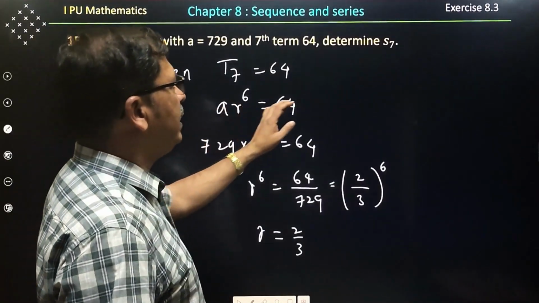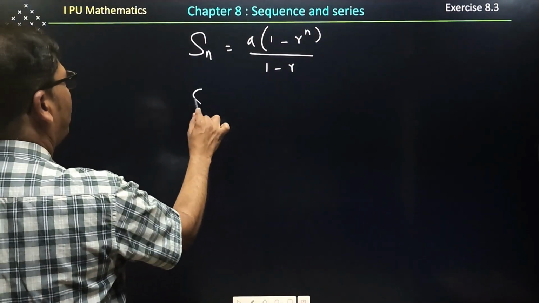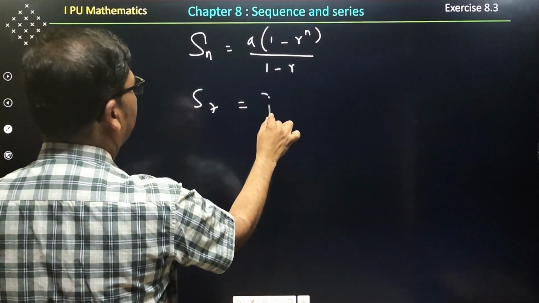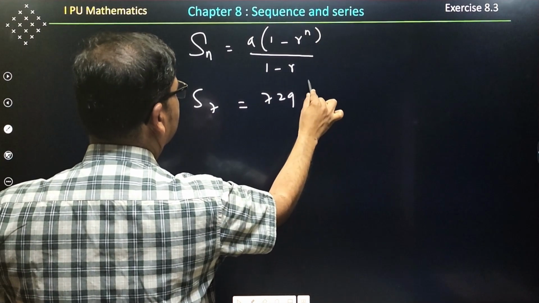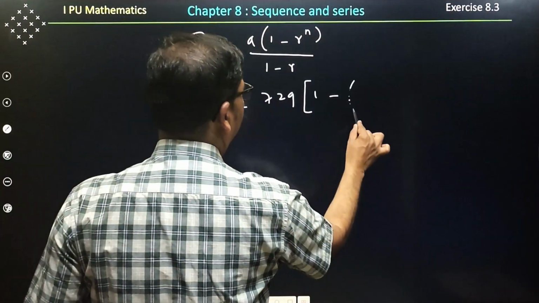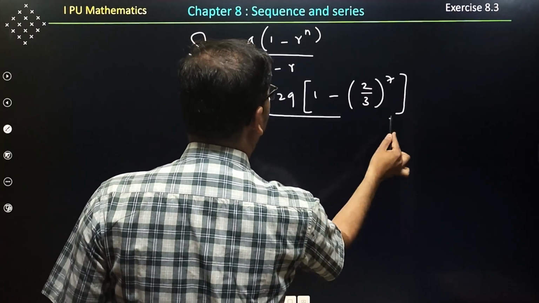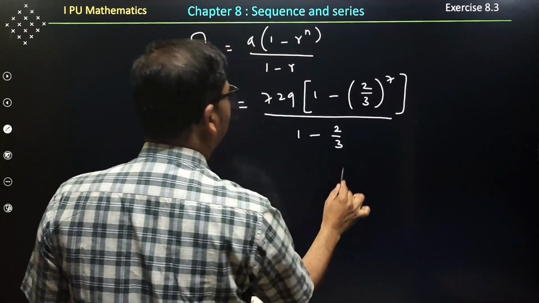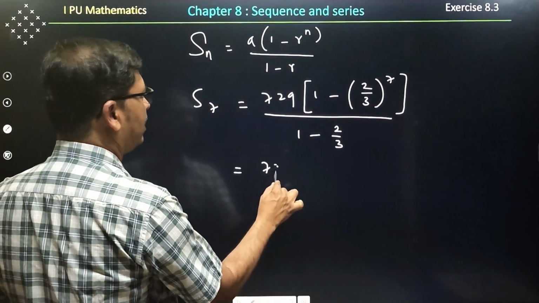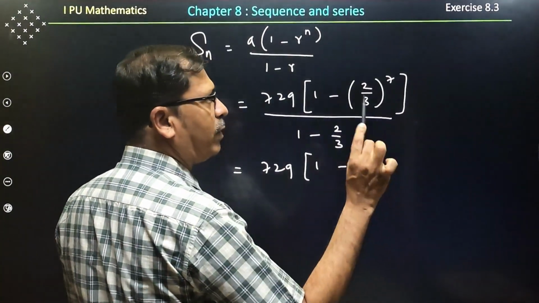But you need to find out S7, sum to 7 terms. So S7 is equal to A into bracket. What is A? 729 into bracket 1 minus R value, R value is 2 by 3, raised to the power 7 because n is 7, divided by 1 minus 2 by 3. If you simplify this, you will get the answer here. 729 as it is, into the bracket 1 minus 2 raised to 7,